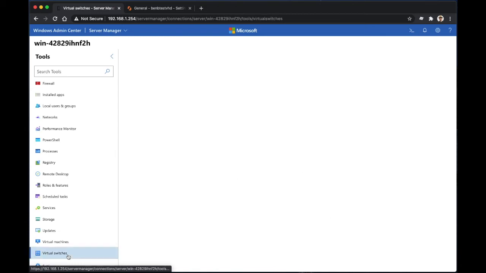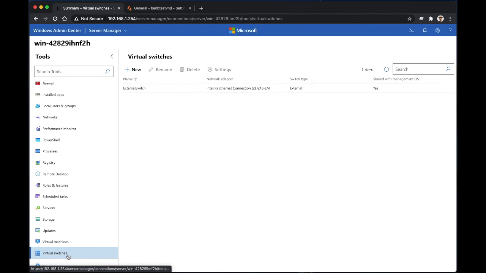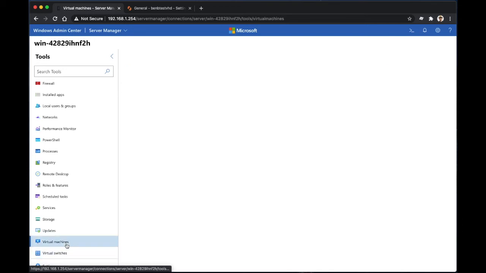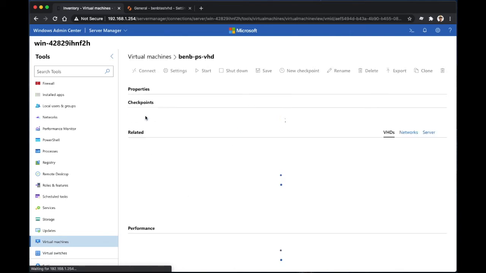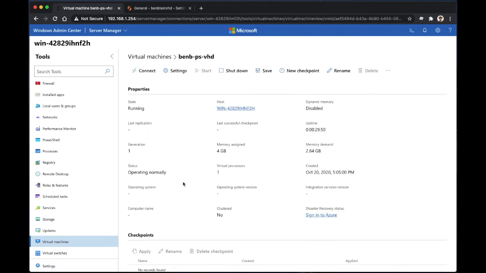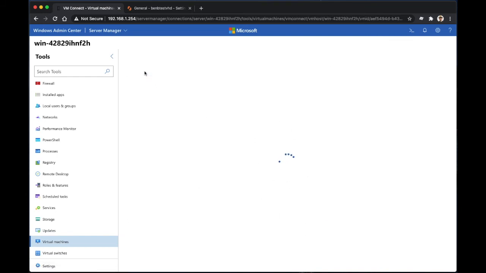If I go first to that virtual switch listing, we should see my external switch pop up here. So I created this from the PowerShell prompt. You could do this from this virtual switches interface in the Windows Admin Center if you wanted to. And then if we switch over to the view of virtual machines, we should see my BenB PSVHD virtual machine running there. I've got 4 gigs of memory just like we described. So if I click on that, I've got some specs about the virtual machine itself, and I can click connect here, and that's going to give me that virtual remote console of the Ubuntu server virtual machine that's running my